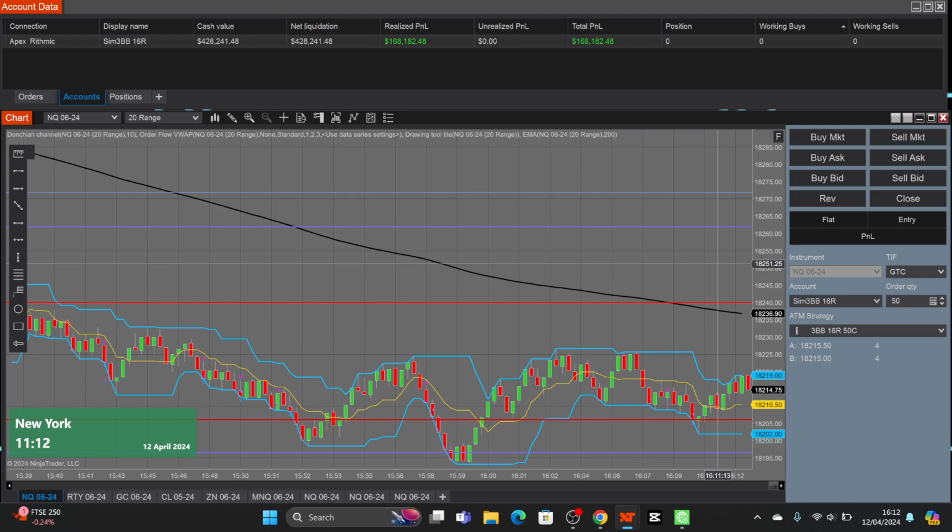It was only about, if you look at it, maybe 10 or so points, so it's not some great amount. The P&L looks large, but it's a result of the contract size, so it's only about 10 points, the equivalent of one contract of NQ of about, say, $200 picked up.